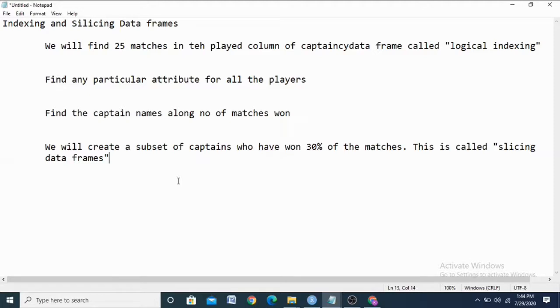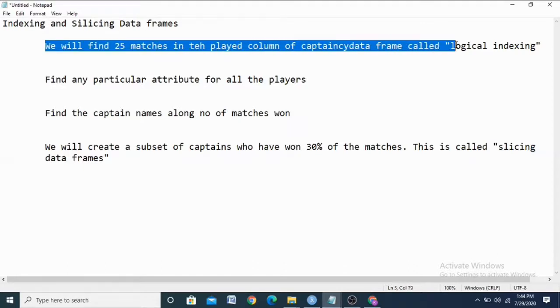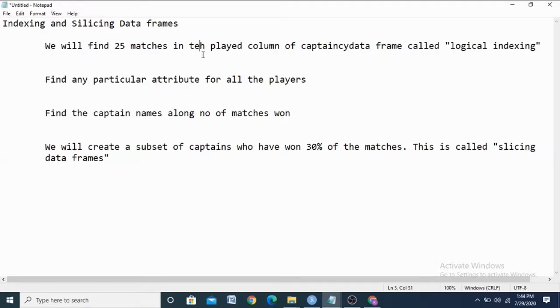I want to slice or index, whatever it is. First I have some different queries. First I will try to use some logical indexing. What is logical indexing? First we will find the matches, those who all played, here 25 matches, in the captaincy data frame, called logical indexing.